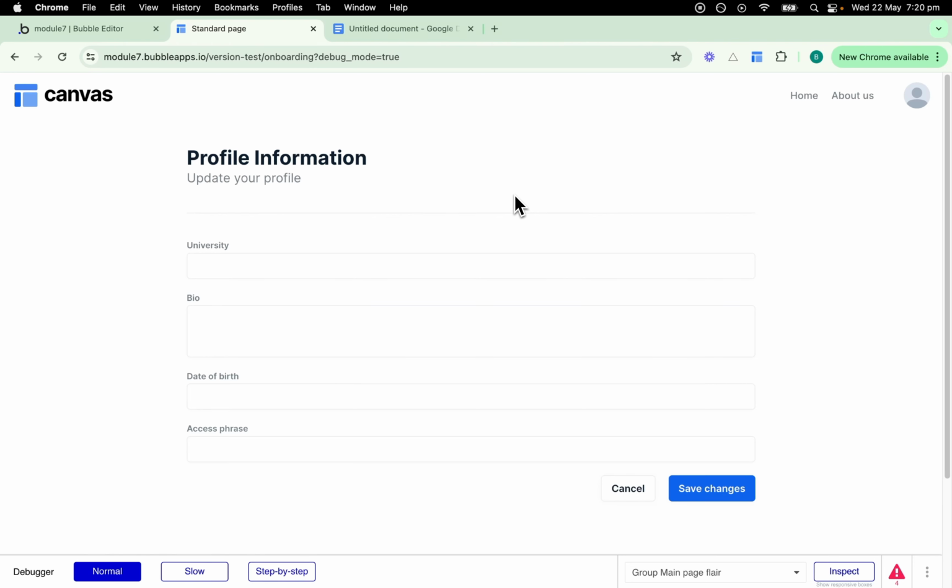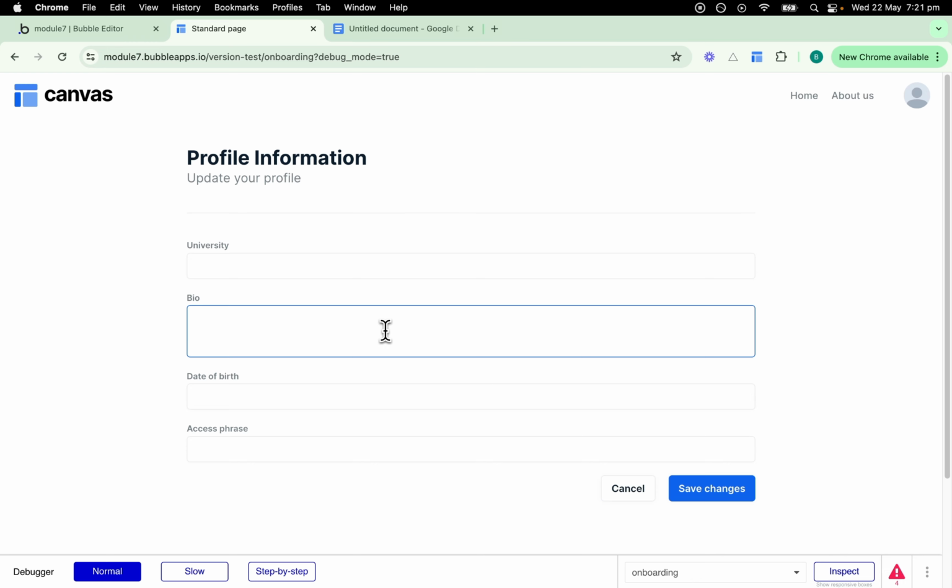In Bubble, we need to set up the size of our inputs correctly. The reason is that how an input is set up influences our user experience. It helps us to understand the input or what it does. For example, if we look at it over here, we immediately understand for this bio input that we're expected to